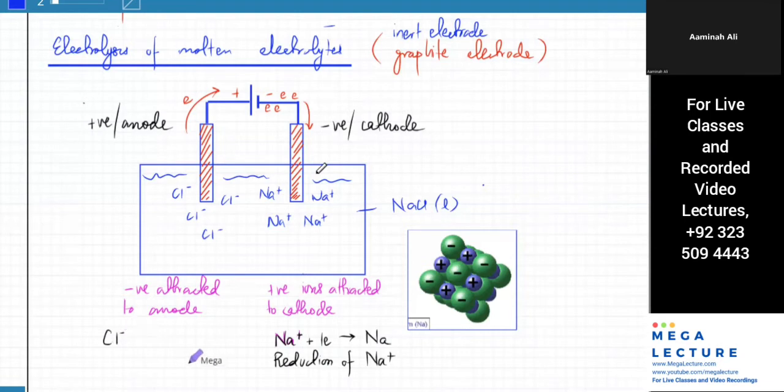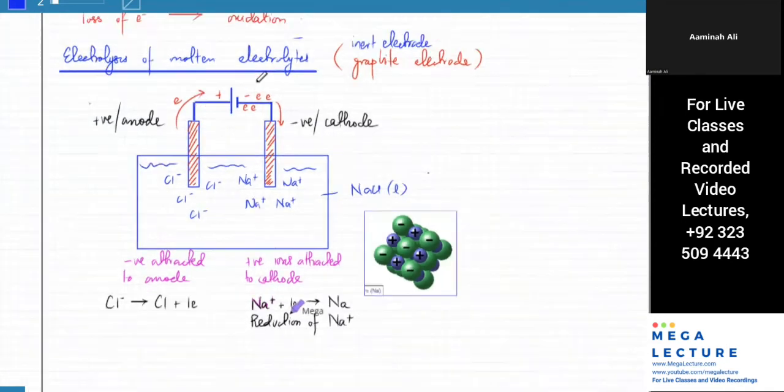They will give out one electron, because the battery is going to take away electrons. The positive terminal will pull one electron out of Cl minus one. So it will release an electron. What will be the charge on the Cl once it loses the electron? It'll just be Cl, and it will lose one electron. Now here's a problem over here.